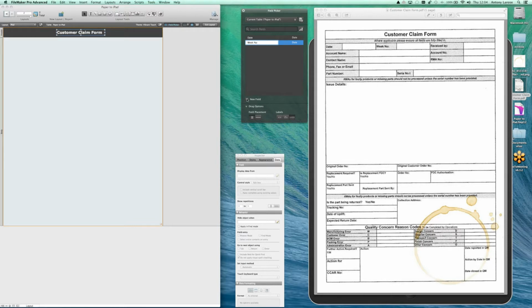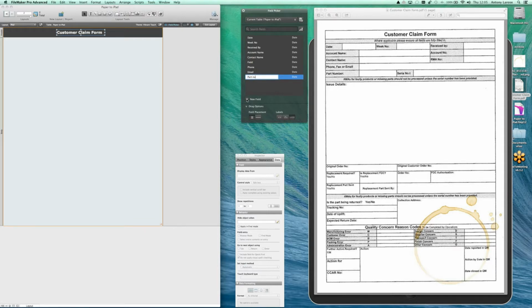I'm just going to start going through some of these, received by. So I'll be showing you how to create a lot of fields today. Account name, contact, and you get the gist of how we're doing this now. These are all in date, but I'll show you in a minute how we can change them to something else. Contact dates, then we got phone and email,